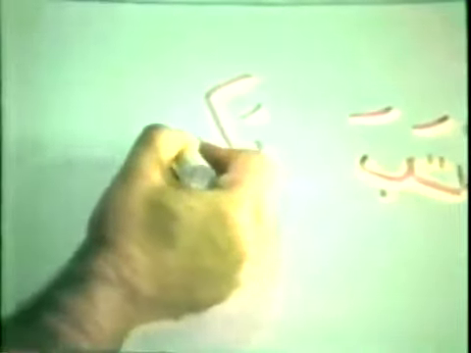So now let's take the first word, kataba. The root word is kataba, which means to write. It looks like this, as you know. This is ka. This is ta in the middle of the word. And this is ba. Kataba, which means to write. Now, he writes will look like this. Yaktubu. Let me get a better ink here.